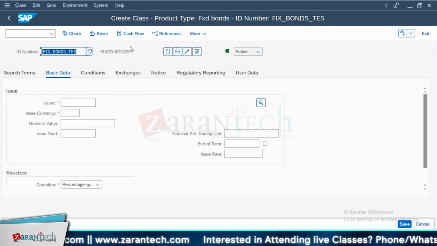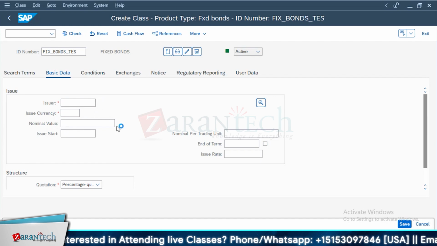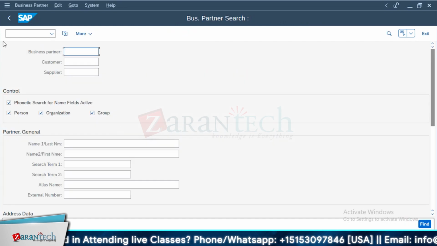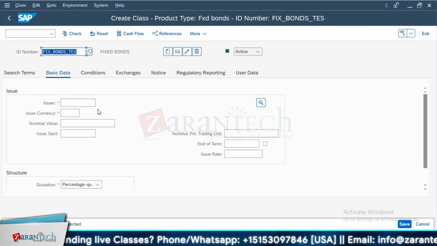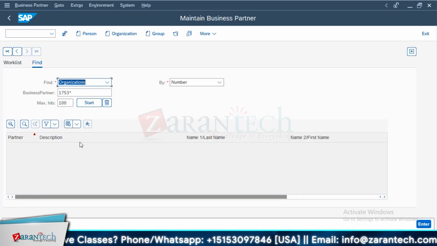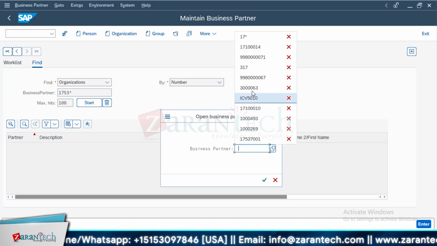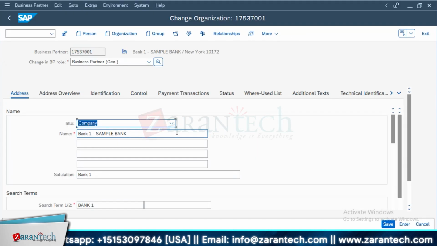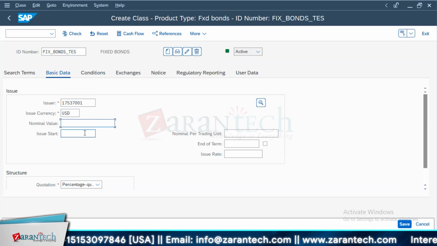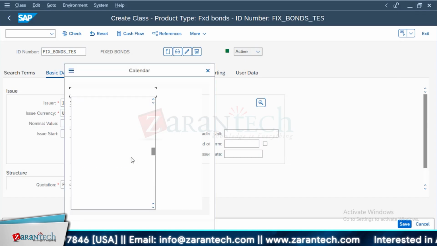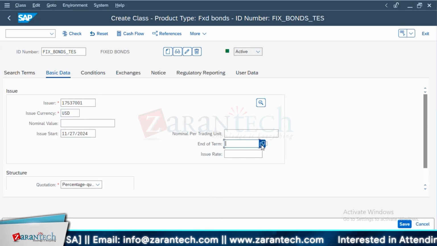Basic data. Okay, we are doing this, but before that, I completely forgot I have to show you the configuration of product type and everything for securities also. Anyway, I'll show you after this. Oh God, again I'm facing this issue. It is not allowing me to search for business partners only. I will extend this to take years. Nominal value you can set here if you want to. Issue start date, we can take it as end of term, or any date as per your business